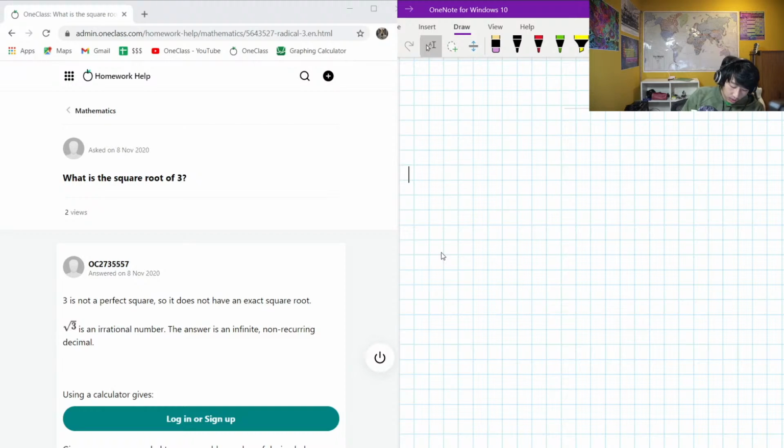Okay, so the next question that we have on the menu today is asking us, fairly straightforward, what in the world is going to be the result of this? The square root of 3. So typically when we have roots, simplifying roots, what we're going to want to do is take the under the root, also known as the radicand,